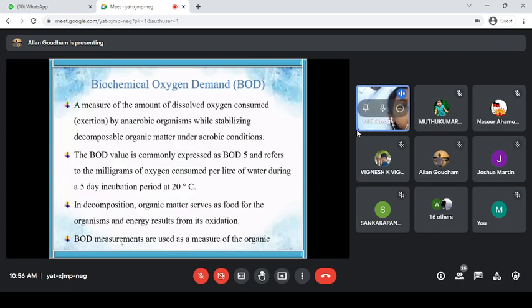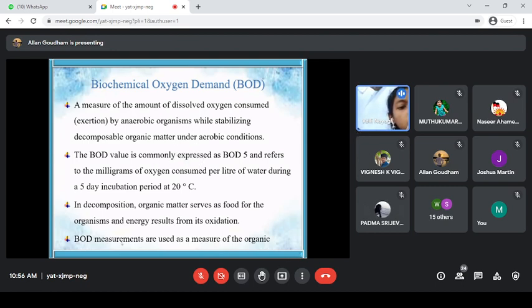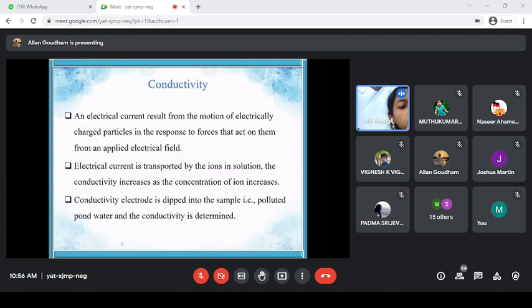And biochemical oxygen demand, a measure of the amount of dissolved oxygen consumed by aerobic organisms while stabilizing decomposable organic matter under aerobic condition. And in decomposition, organic matter serves as a food for the organism and energy results from the oxidation. BOD measurements are used for the